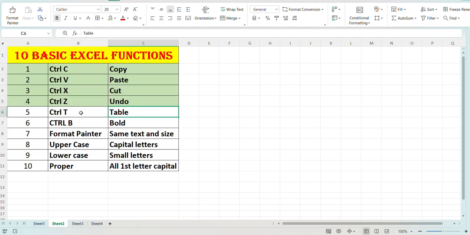Next we are going to see Ctrl T and Ctrl B. Ctrl T is for creating a table. You want to convert any data to a standard table which will have headlines and all. So for that we press Ctrl T. How we will do, I will show you. Next we will see Ctrl B. Ctrl B is what? To make the text bold. So for that,